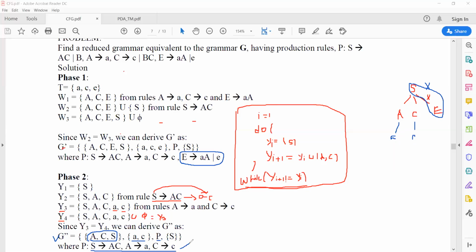So this is the minimization of a particular CFG grammar, where I eliminate the non-required non-terminals as well as terminals and production rules. The blue ink that I erased is basically eliminated from grammar G prime to produce the final minimized grammar G double prime. So now G double prime becomes your minimized grammar. Okay, so this is the rule that is required for that grammar.